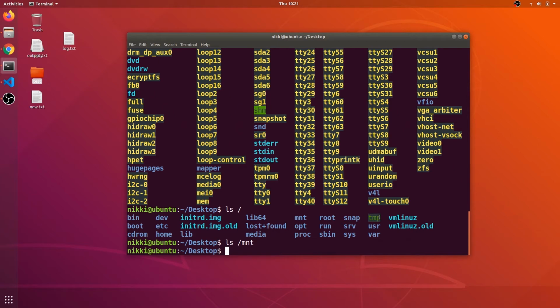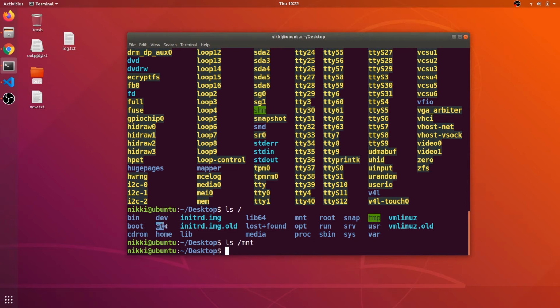And this is the tmp directory, and that directory contains files which will get deleted after you restart the computer. So tmp is for temporary files. If you want to store files for a particular session, you can store them in the tmp directory. And this boot directory contains the files required for booting Linux. It contains the files for the grub bootloader and other files required for booting.